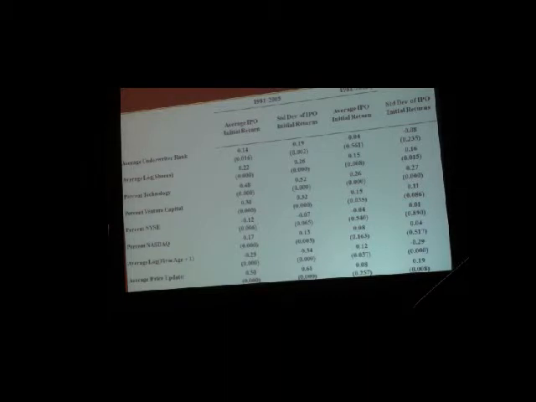What we're looking at here is really just, if you want to think of it this way, correlations. This is very much like a correlation between average initial returns in the first column, standard deviation of initial returns in the second column, and various deal and firm characteristics like